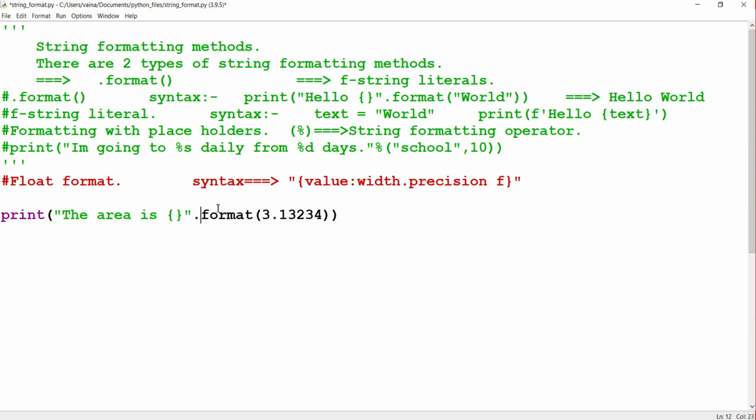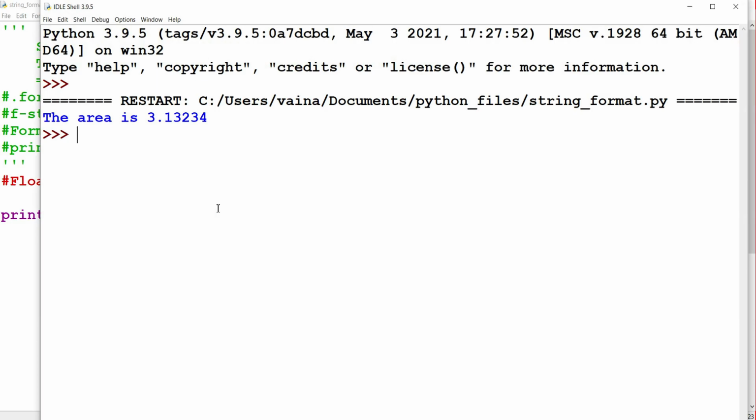In order to format, suppose we define the number as num, and the value here will be num, so we pass it num. When we run it, we get "The area is 3.13234".